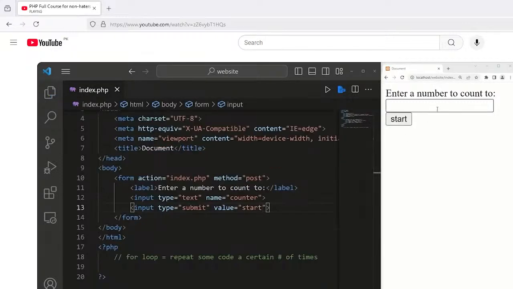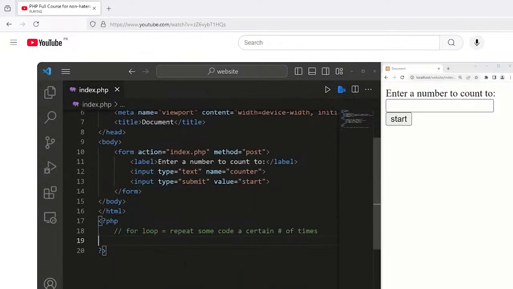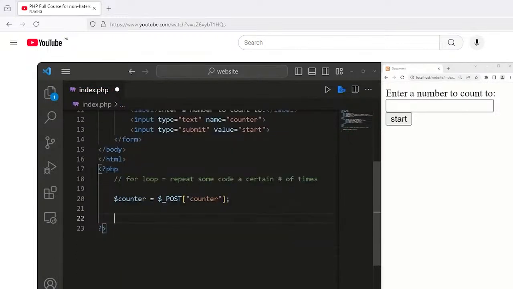The user is going to type in a number to count up to. We'll need to get that value from the text box. Let's say variable counter. We will access the post superglobal variable. We would like our counter. Then we'll create a for loop. For parentheses curly braces. We'll need our